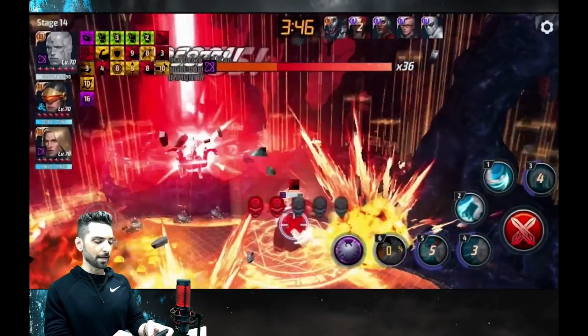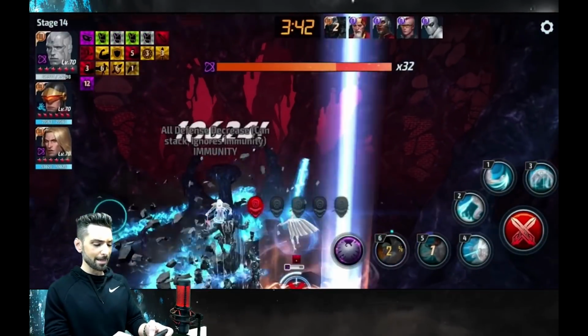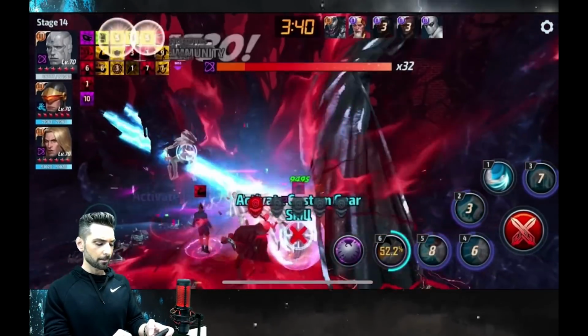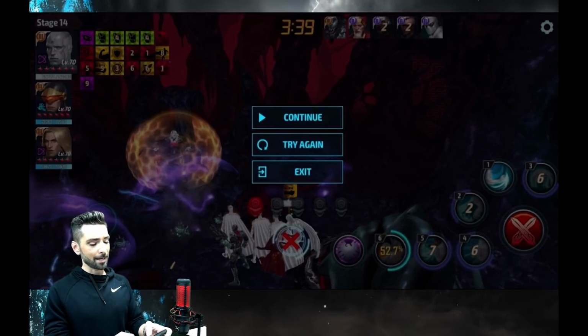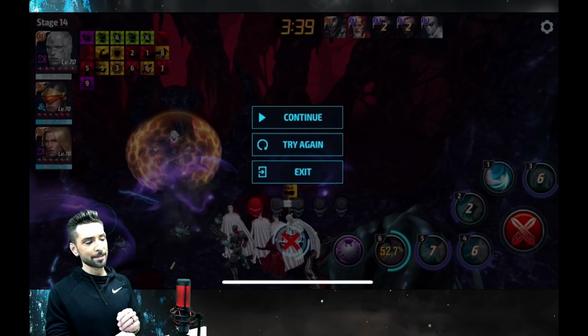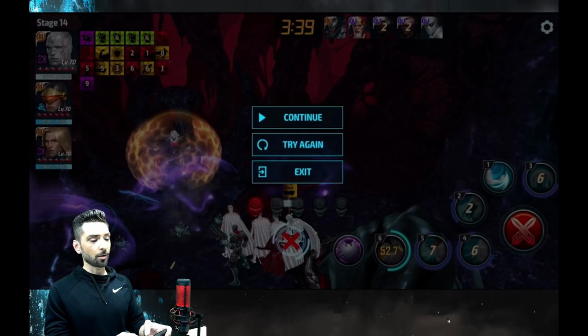So I was able to get it there, but it was tight. It was close. But look at all those bars. That's insane. That's pretty fast. Honestly, that's as fast as Venom, but Venom didn't have any support. And it's kind of close to Black Bolt,